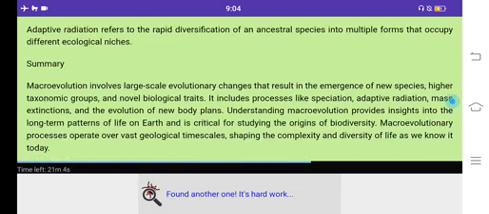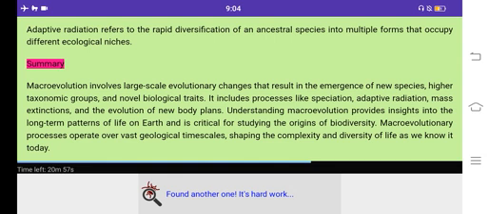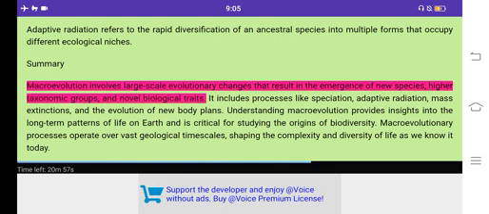Answer. The correct answer is C. Adaptive radiation. Adaptive radiation refers to the rapid diversification of an ancestral species into multiple forms that occupy different ecological niches. Summary. Macroevolution involves large-scale evolutionary changes that result in the emergence of new species, higher taxonomic groups, and novel